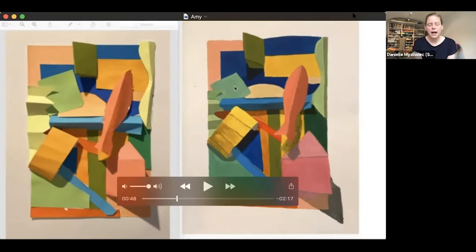So with the help of the instructional designers at AU, I thought about doing screen recording crits. And so what I've come to at this point is a process where I can pull up the students' artwork on my desktop, in this case, a paper collage, and then a finished painting of that collage. And I can place them side by side on my screen and then actually screen record an audio critique for